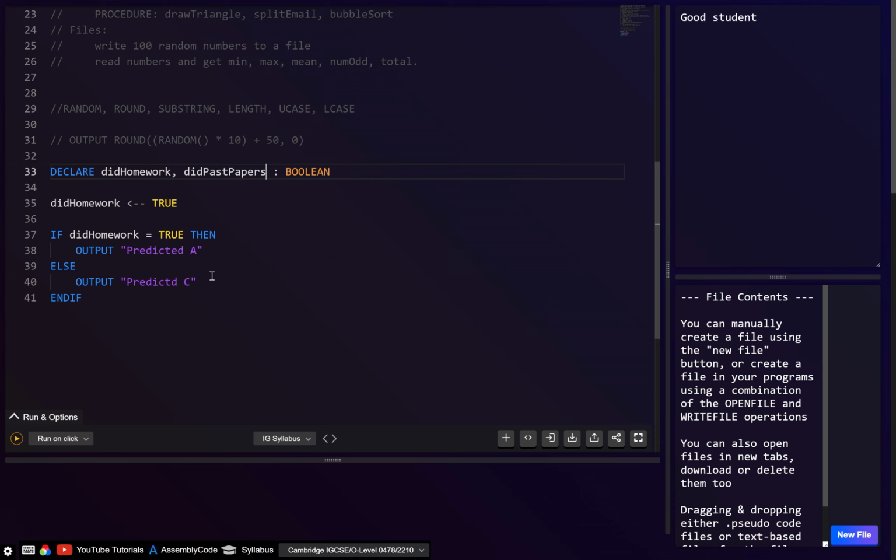Now, if you're familiar with other programming languages, you can have if, then else if, else if, else if. However, pseudocode doesn't support else if. We actually need nested ifs. So what we're going to do is go if, and let's say here we will go